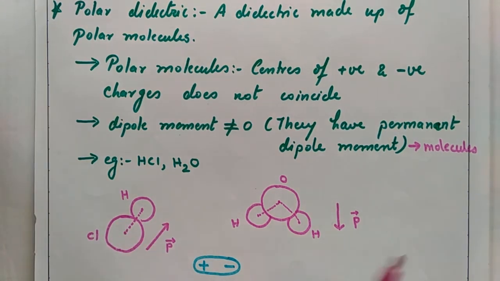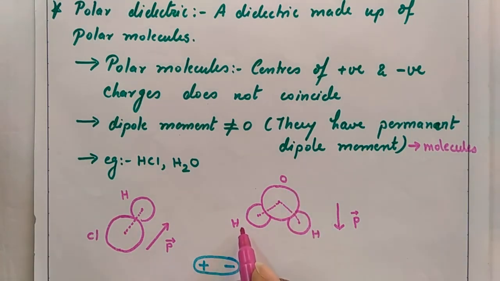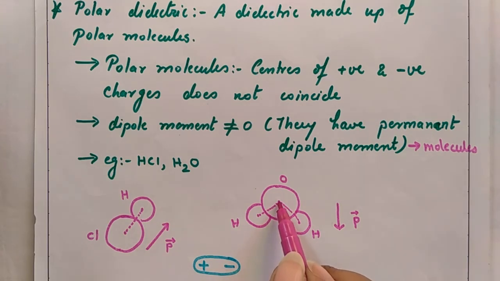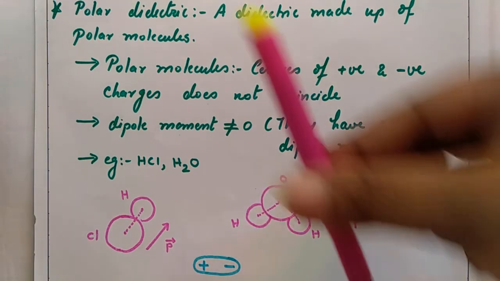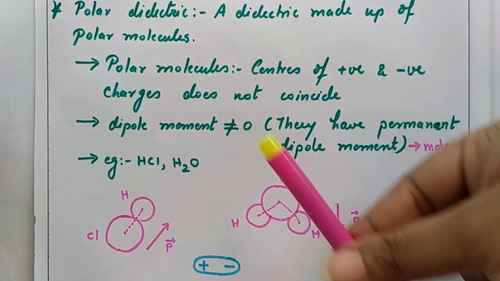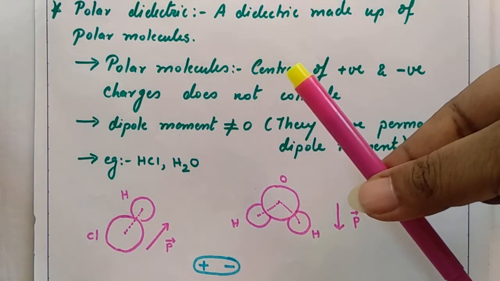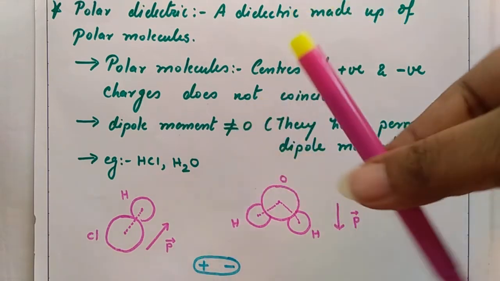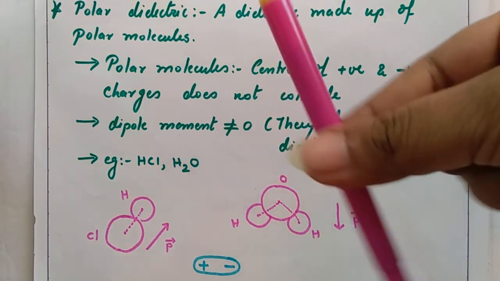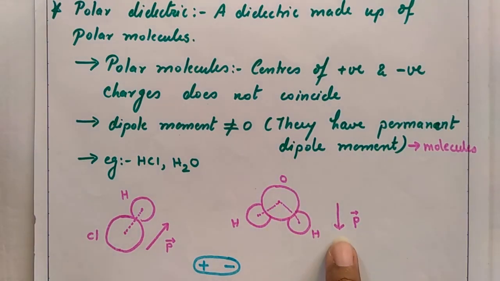Now if I want to understand the direction of dipole moment in this molecule H2O, then this O is negative, this H is positive. So the dipole moment, if I consider the vector, then it will be in this direction. For this side, this is negative, this is positive. So the vector dipole moment will be in this direction. Now if I have two vectors, one is in this direction, another one is in this direction. So resultant of these two vectors, that will be the resultant dipole moment of this molecule. So resultant from the law of parallelogram will be like this here. So it will be vertically downwards.